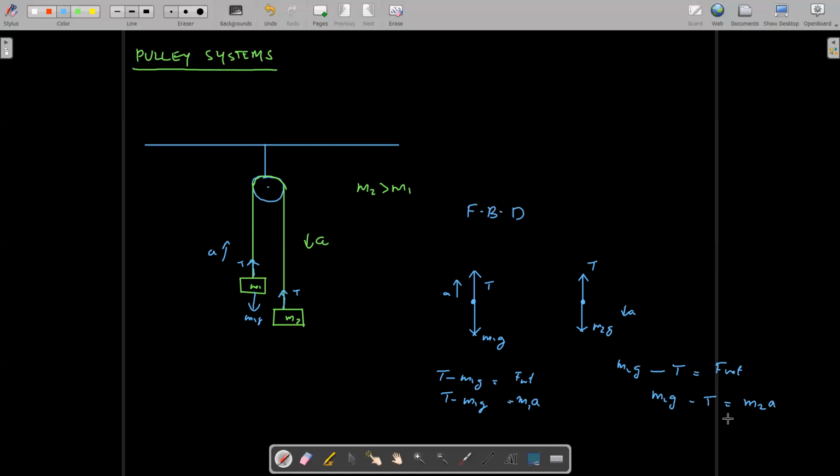So we can add these two equations. Let's write it down somewhere around here. m1a is equal to T minus m1g, and m2a is equal to m2g minus T. If we add it, this side will give us m1 plus m2 into a. The other side will give us m1 plus m2 into g. That is, the acceleration is obtained to be